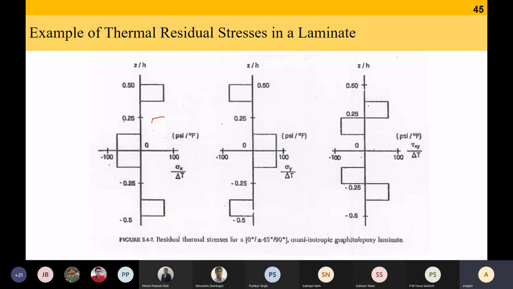Okay, this is sigma x. This is sigma y. This is sigma xy. And when you look for residual stresses, expectedly only the plus minus 45 degree are getting some sigma xy residual stresses. For 0 and 90 degree, it will come out to be 0. This is coming simply by implementing these expressions that we have discussed. This is balanced because 0 and 90 are balancing each other out, and plus minus 45 are balancing each other out, and it is also symmetric. This is S.